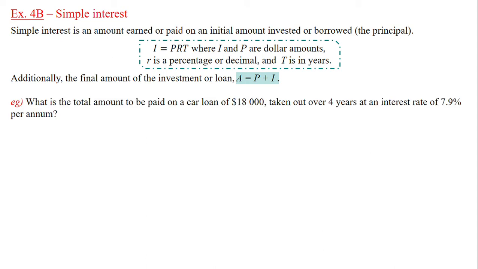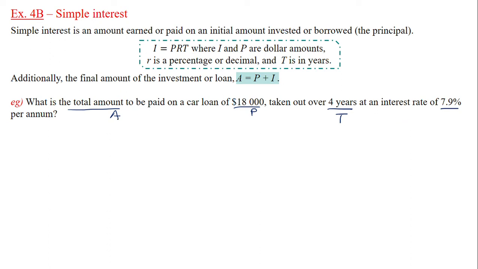It's a nice and quick one. So what is the total amount to be paid? So we're looking for A. On a car loan of $18,000, that's our principal, taken out over 4 years at an interest rate of 7.9%